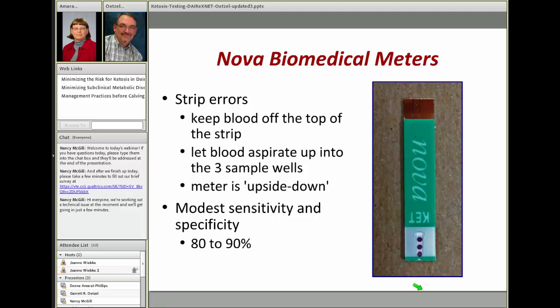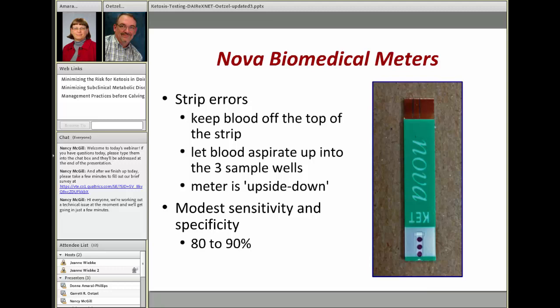And 5% wouldn't surprise me, maybe even more. And if you're not careful, you can lose 10 or 15% of these strips. The other thing with this one, just a little aggravating, is they actually made the meter upside down, because we would normally hold it with the strip down, and in that case you can't see the reading unless you can read upside down. So you have to flip it over,